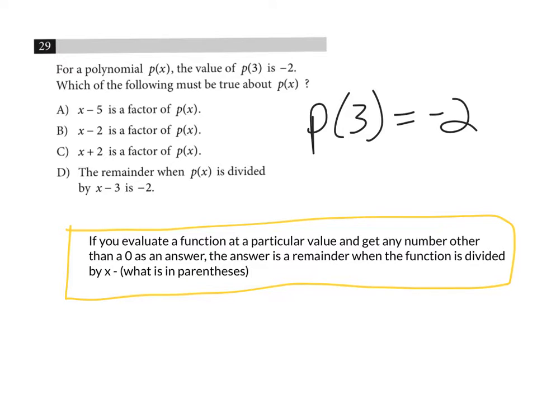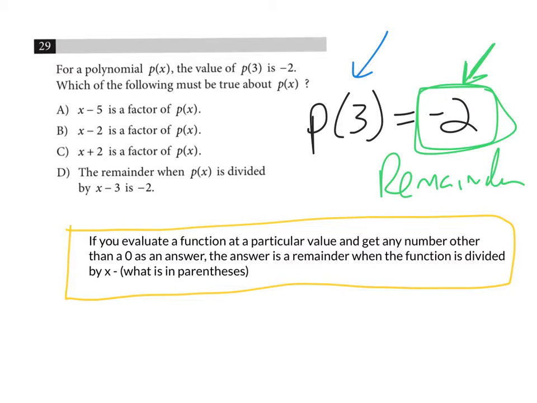If you evaluate a function at a particular value, here we're evaluating the function at 3, p of 3, and get any number other than 0 as an answer, see how we got -2 as an answer, then this -2 is the remainder. So the -2 is going to be the remainder when the function is divided by basically this number here. So if you have a polynomial and you evaluate p of 3, as long as you don't get a 0,